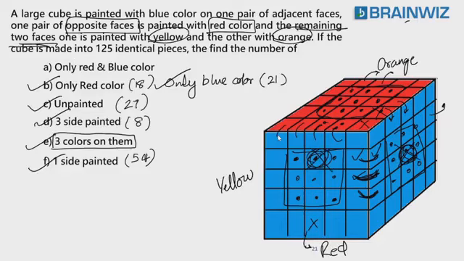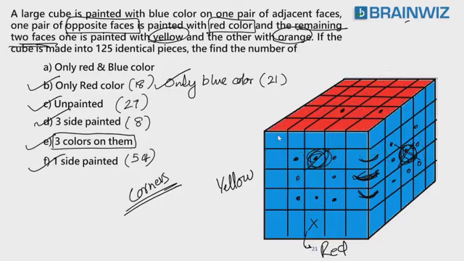Students, you already know that 3 colors are found on corners. Are you understanding, students? 3 colors are found where? Corners. Shall we see the corners, everybody? Yes. So let's go and check every corner. Do you think this piece? So I'm removing all this. I'm just trying to show you corner pieces. Everybody on the screen now.